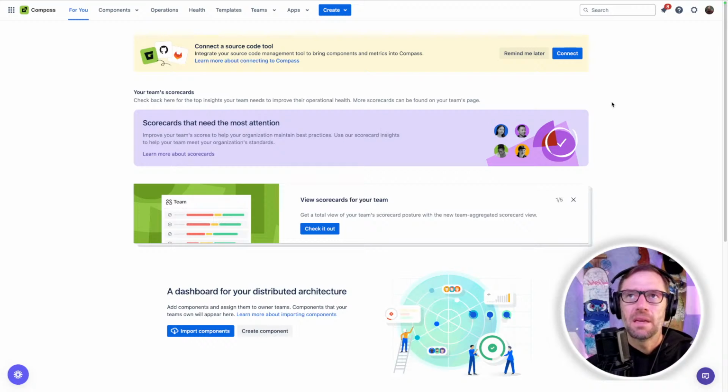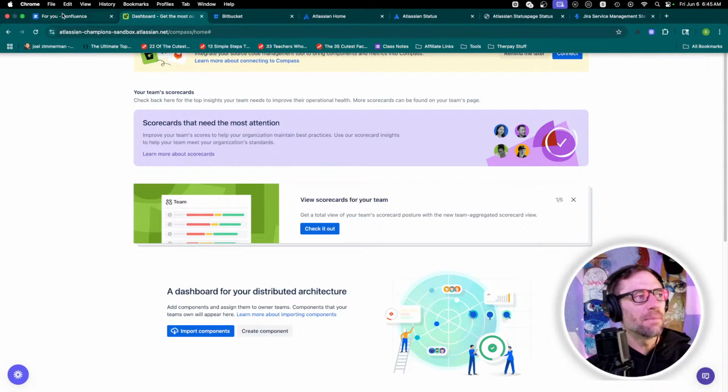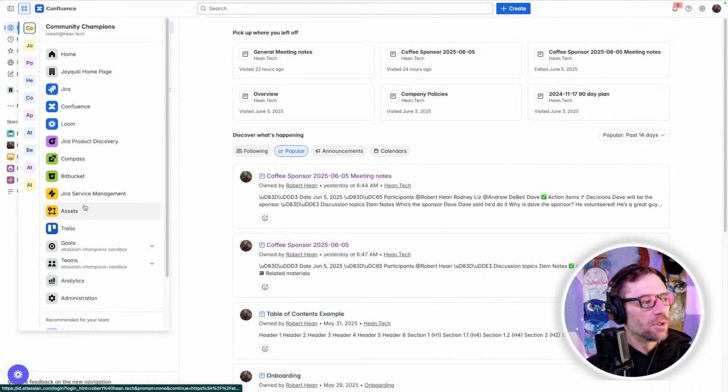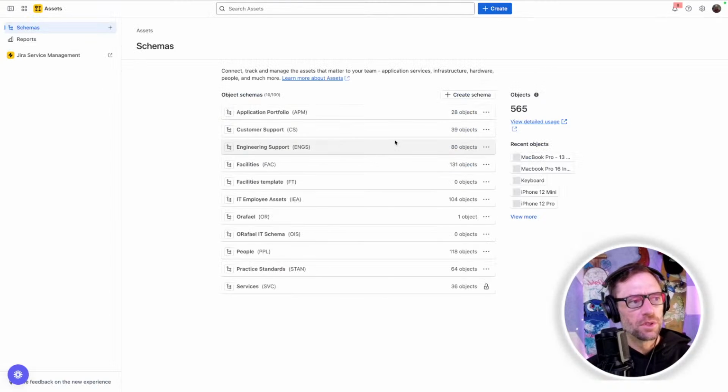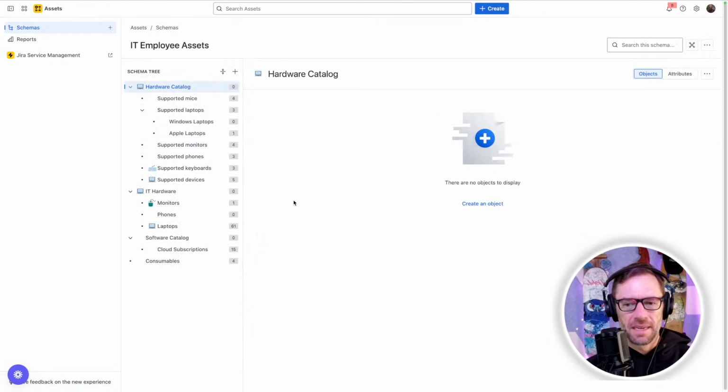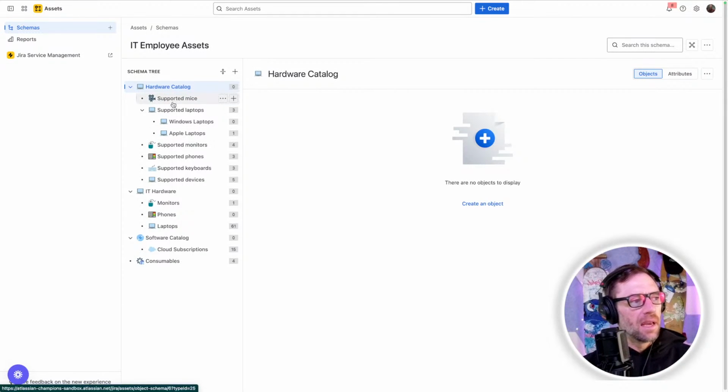It can be, for me, it was assets were a challenging concept to wrap my head around. So if I pop into assets real quick, just understanding what's going on in here kind of hurt my brain. I started out with the employee assets, and this is my demo kit. And the structure, and it's called a schema, the structure of hardware helped me because I'm familiar with this.